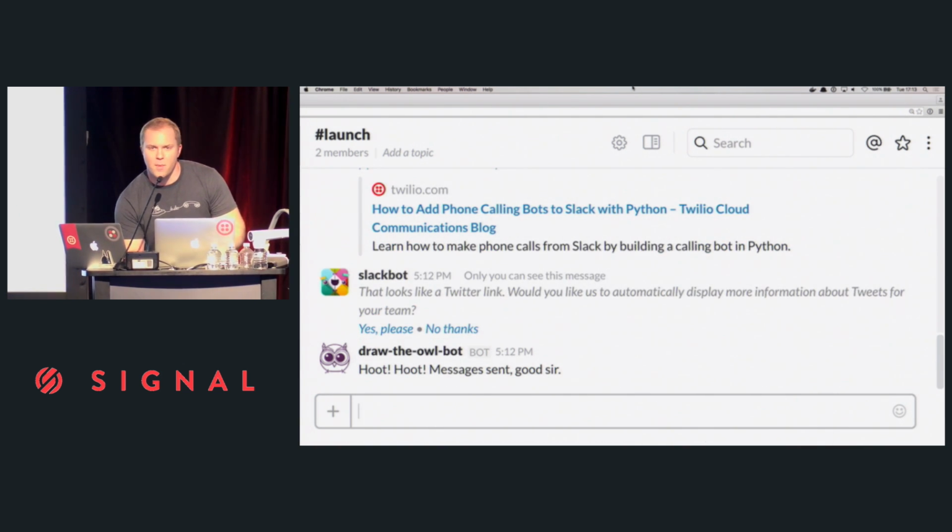All right. Draw the owl bot says, hoot hoot, message is sent, good sir. And now everyone should be receiving a text message just as I did. Go ahead and hit retweet on that tweet, as I will right now. And then we're going to say to draw the owl bot,